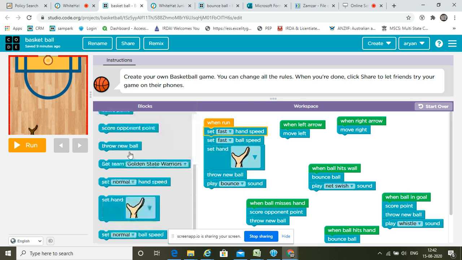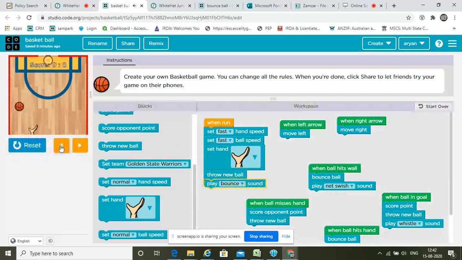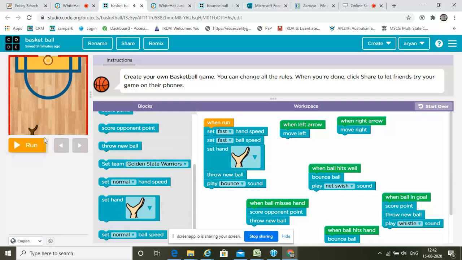So then the second thing is set a character as a hand. So I've set a hand here. So you may choose your color which you want, keep your hand's color. So like I've set my hand's color skin. So now see, my hand is skin color.